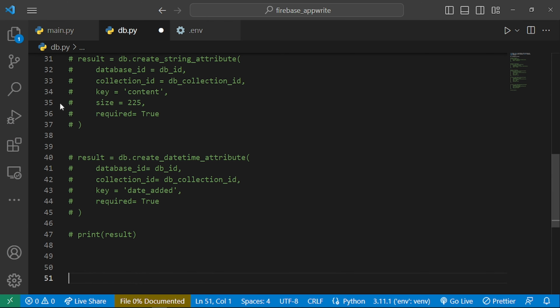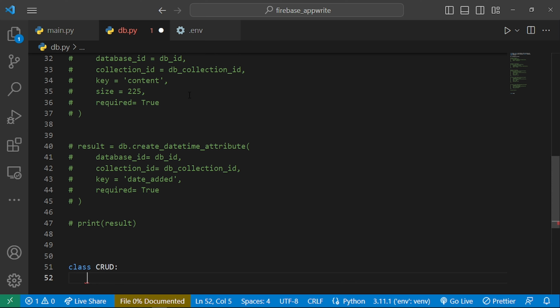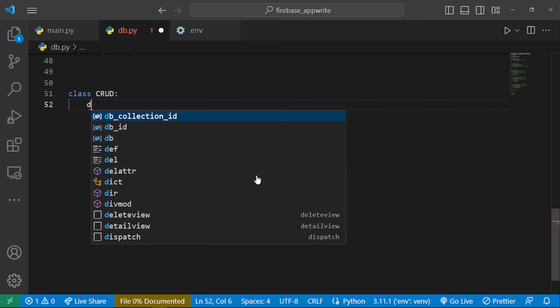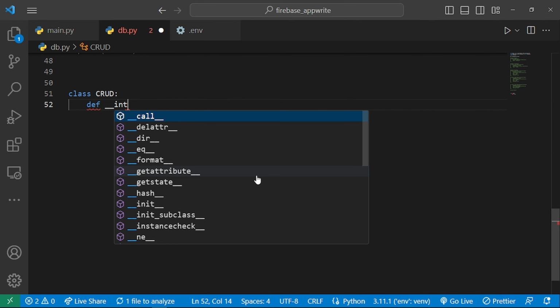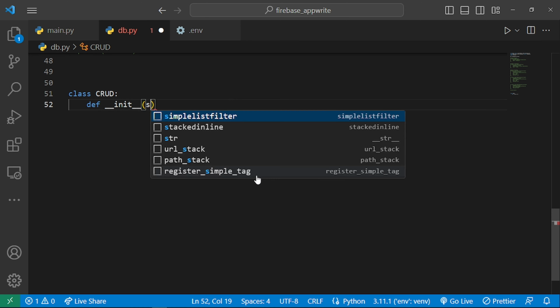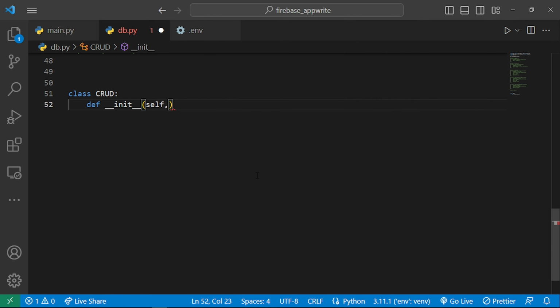And then I'll go right here and first define a class. This class is going to be our CRUD class. The reason I'm calling it the CRUD class is because it's going to help us create, read, update, and delete items from our database. So this is going to have an initializer, and this initializer is what is going to help us define the attributes that this class will have. So I'm just going to come right here, I basically provide self, and in here